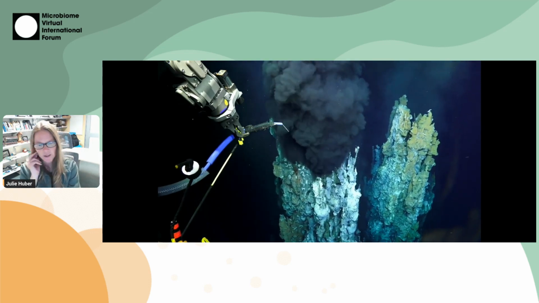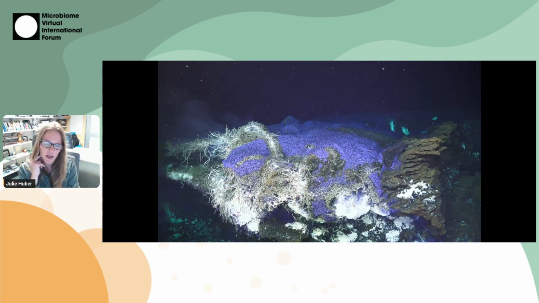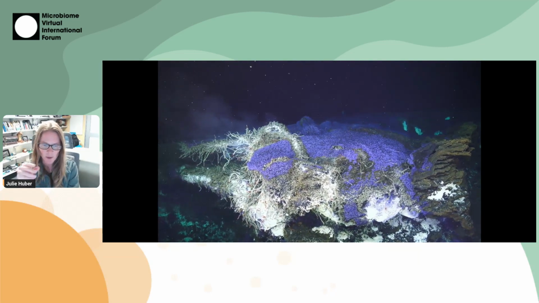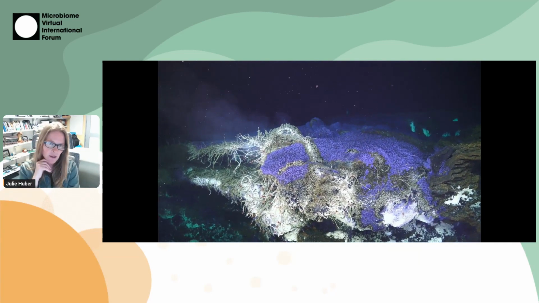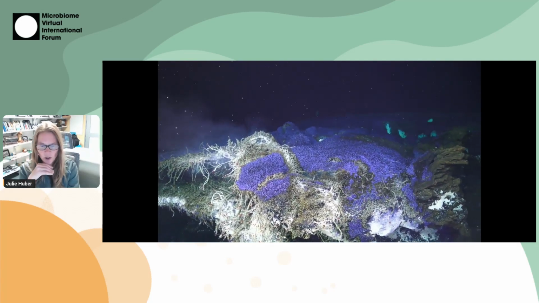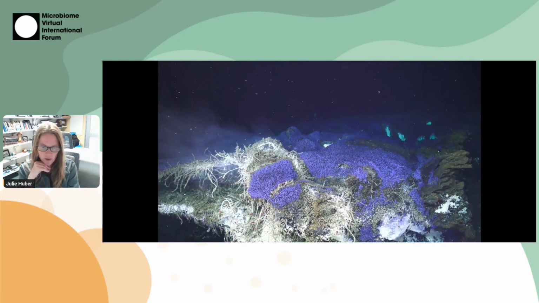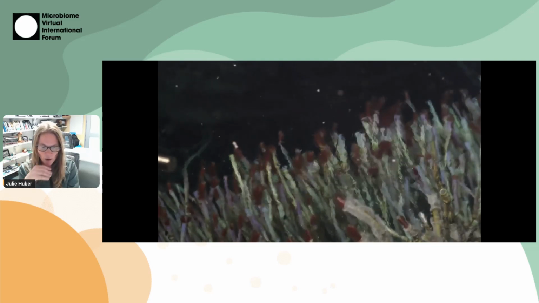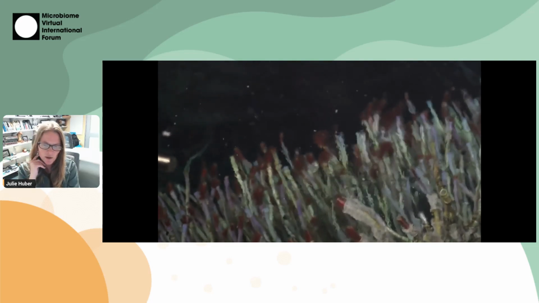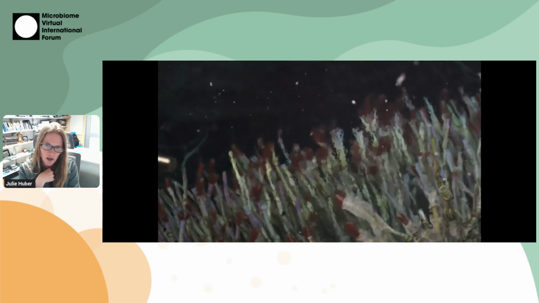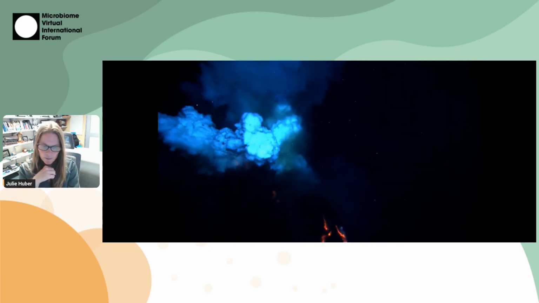These hot fluids can also mix within the crust and produce much lower temperature fluids. Basically all this shimmery stuff you see in this video footage from Axial Seamount in the Northeast Pacific. And this is lower temperature and where you see most of the animal life on the seafloor, from limpets to that purple protist mat to, of course, these tube worms, which are thriving in this environment because they're chock full of symbiotic microbes that are harnessing energy from these volcanic fluids.